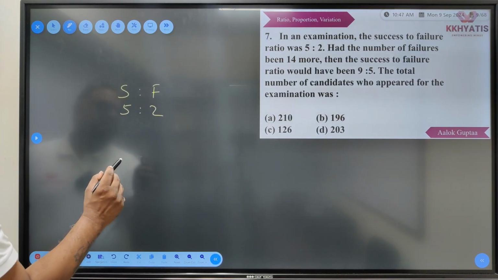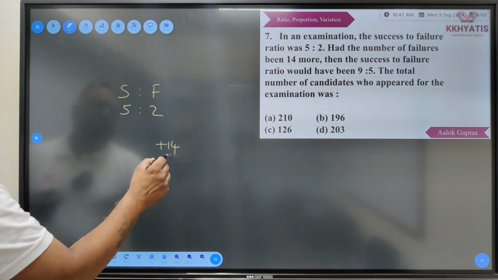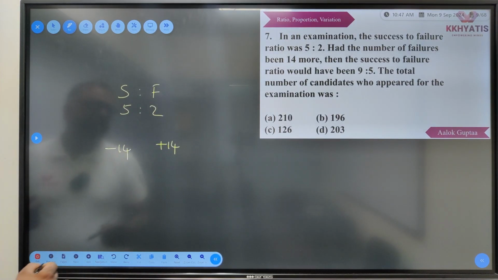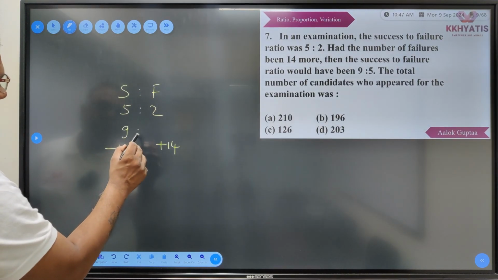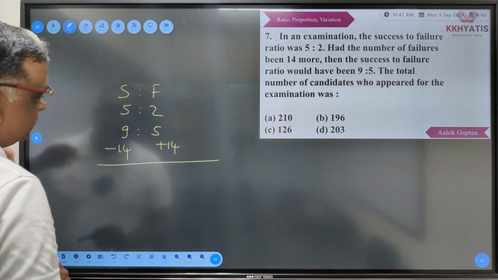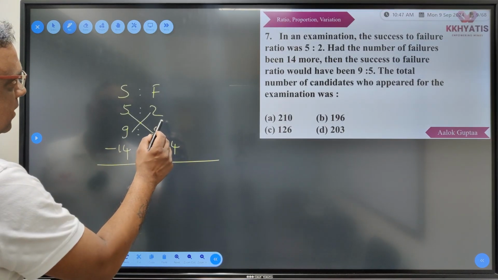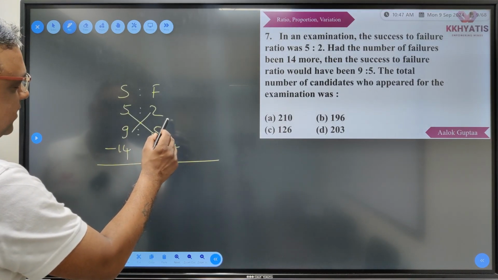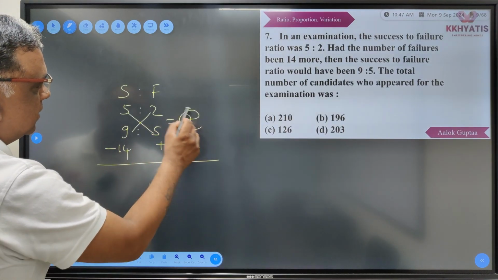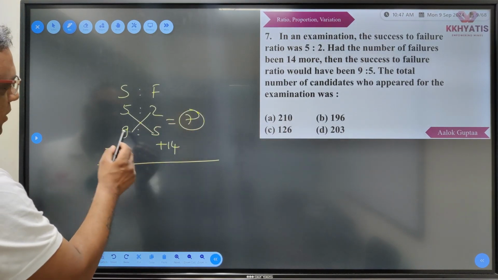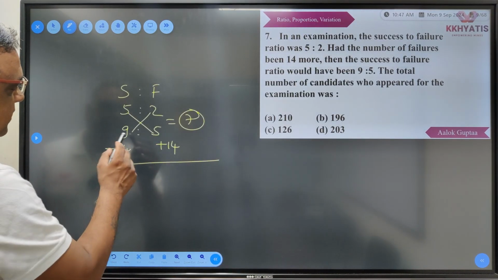Now what they're saying is, if the number of failures, अगर ये 14 more होते, if the failures were 14 more, then the success would have been 14 less, correct? The ratio 9:5 हो जाता, तो second ratio 9:5 हो जाता. Again cross product, 25 minus 18, 7 हुआ. और क्वांटिटी कितना हो गया? 70. 14 into 9, so 90 plus 36,